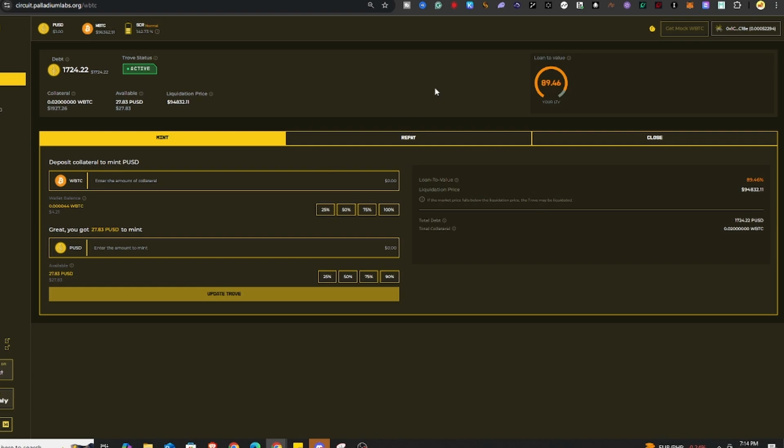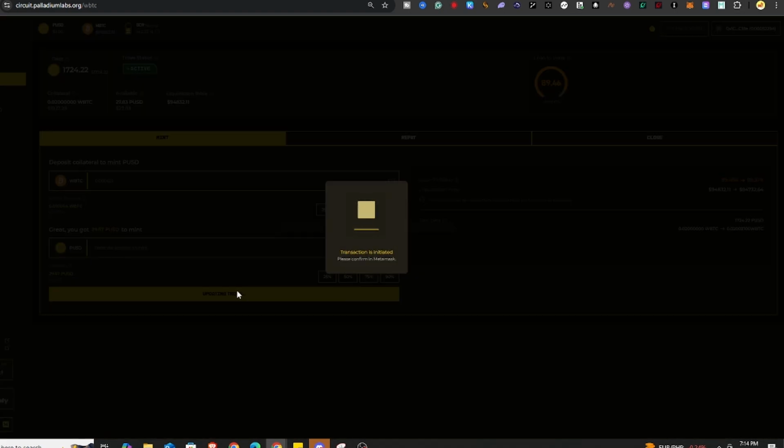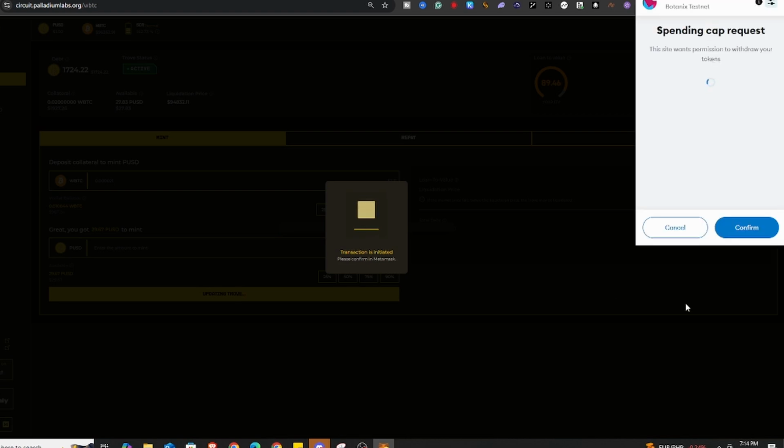So after successfully getting the faucet from this website, we need to mint PUSDT. So for example, I will try to mint half of my token, so 50%. Then just hit the approve button. And then let us confirm it.